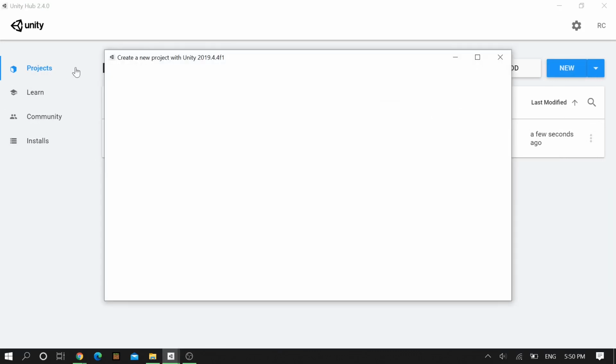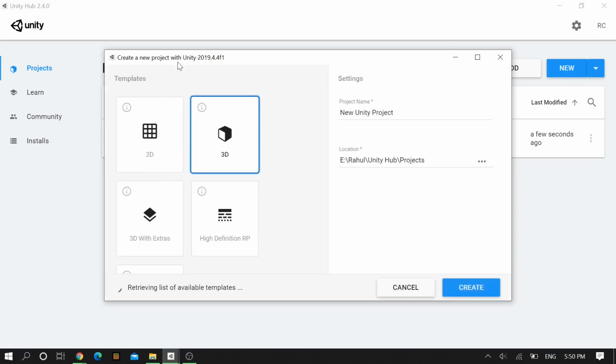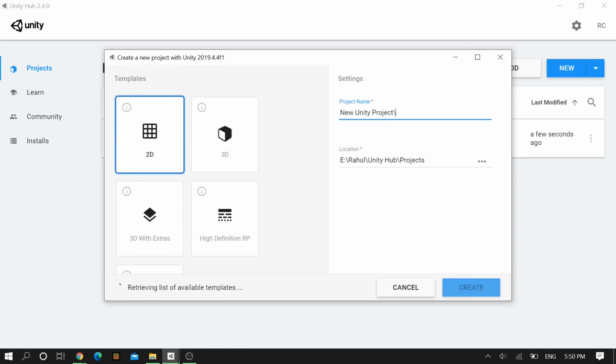I'm in the projects tab here. You would have been in the installs before while you were installing it, but just get into the projects tab and then just wait for this to load up. We're going to be creating just a normal 2D game here, so you want to select 2D and name it